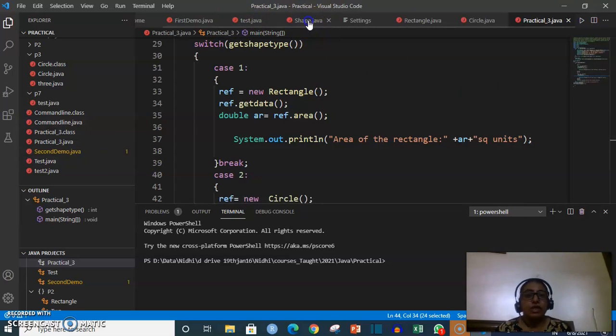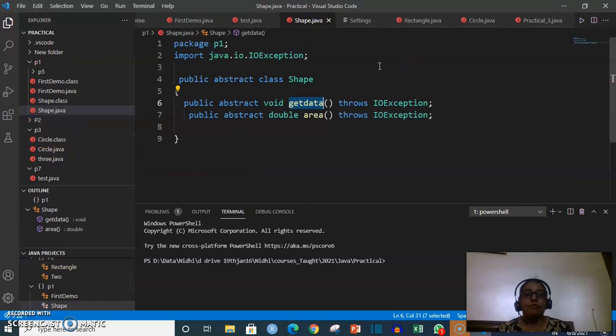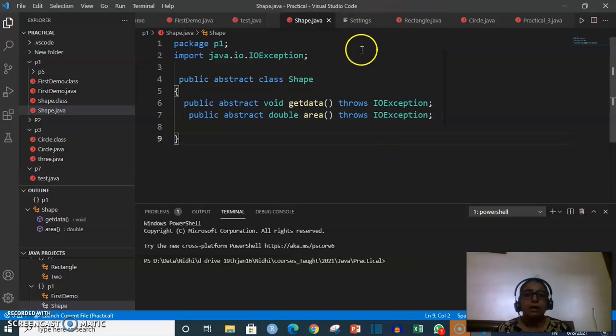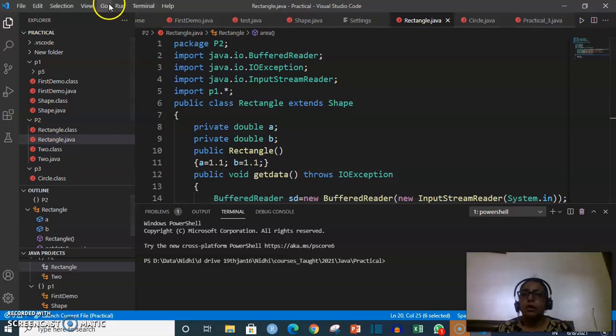We have created shape.java. So what you have to do, the next step, once you create all the classes, is to debug them. Start debugging. You have to note that if any class you are debugging does not contain a main function, it will report any syntactic or compilation error, and if the compiler does not find any error, it will show you an option that your class is not containing the main function. So just ignore this part and move on to rectangle.java.